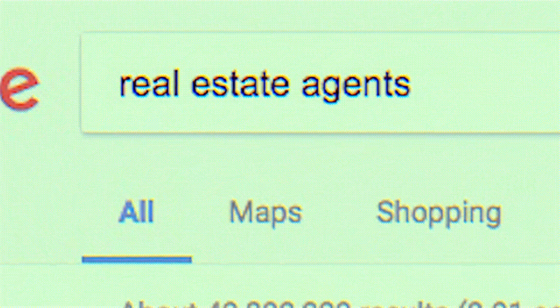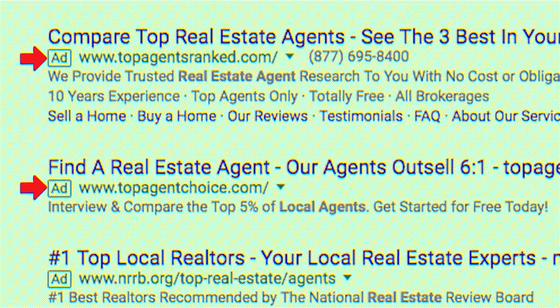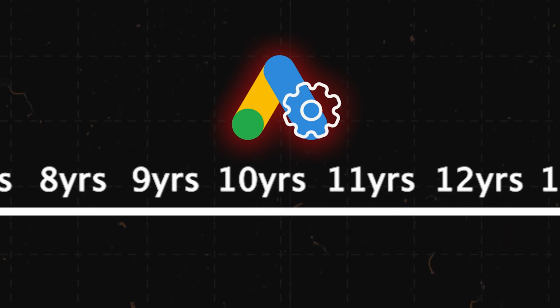So Google ads are when you type something into Google, you may or may not know this, but the first 1 to 4 results are probably going to be advertisements from companies. They're not the actual natural results that are showing up there. Now, this company had set up these Google ads almost 15 years ago, and they'd been running unmanaged for 15 years with a total cost of